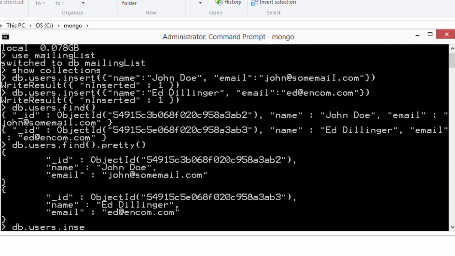Next, let's insert another document. This time, we'll also insert the user's phone number in as the third key value pair.